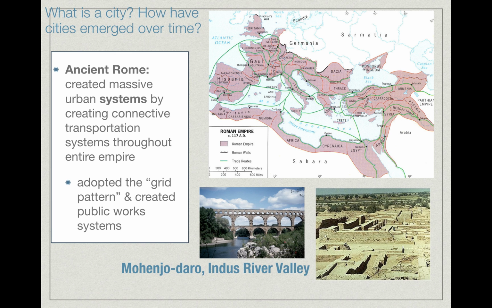But the Roman roads ensured that the power, the structure, and the authority of the Roman Empire was felt all across, throughout the entire civilization. They also adopted the grid pattern. You see that in the bottom right-hand corner, that the ancient Greeks,